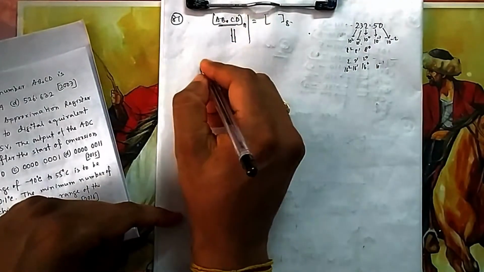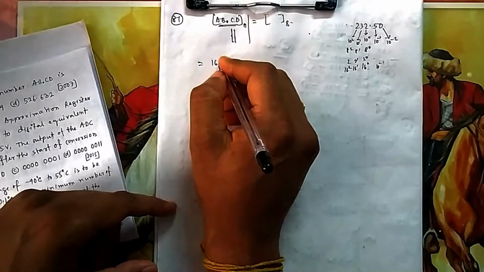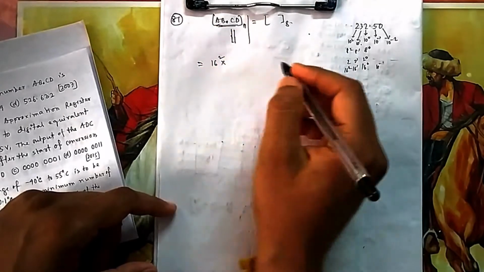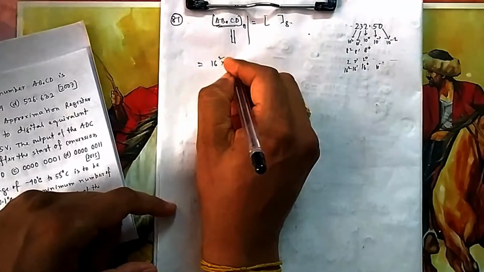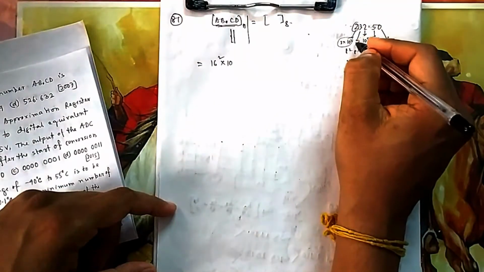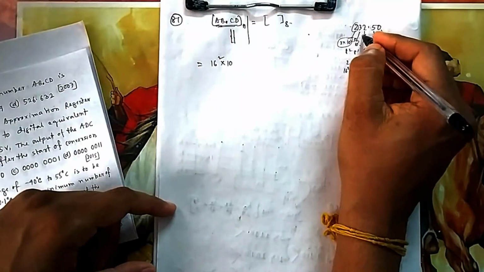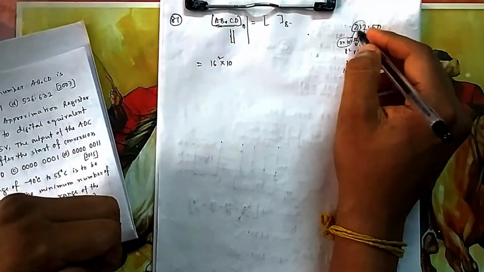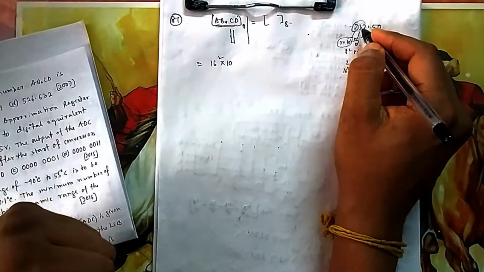So if you convert it, the first digit is multiplied by 16 squared: what is A's value? After 9, A comes, that is 10. Let me take the decimal example: 2 into 10 squared, this is 3 into 10, and this is 2 into 10 to the power 0. 2 into 10 squared is 200, that's why its value is 200. 3 into 10 is 30.